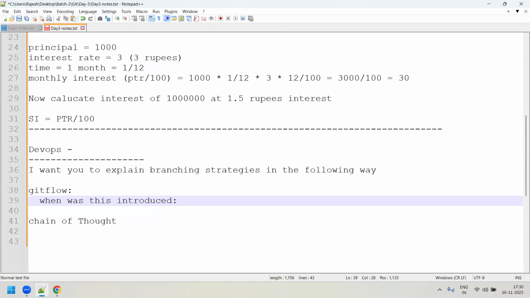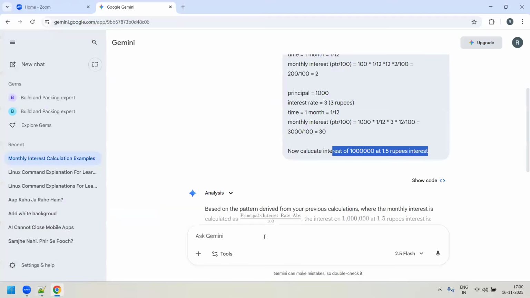Let me ask the same question to Gemini itself. Let me see what information Gemini gives me. For example, let me go with a new chat.